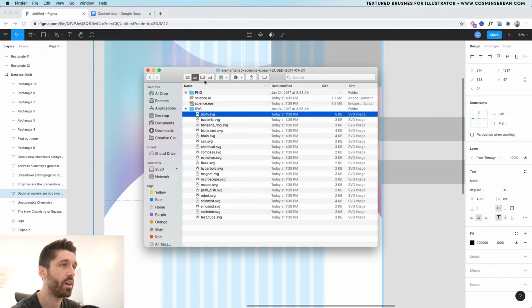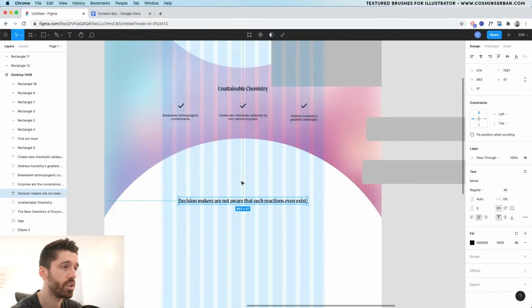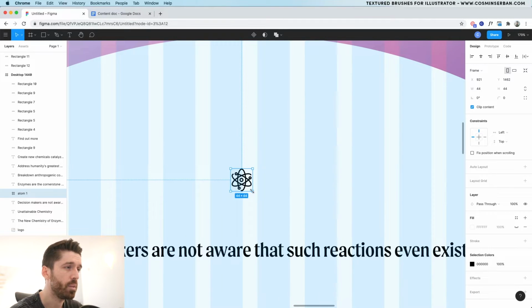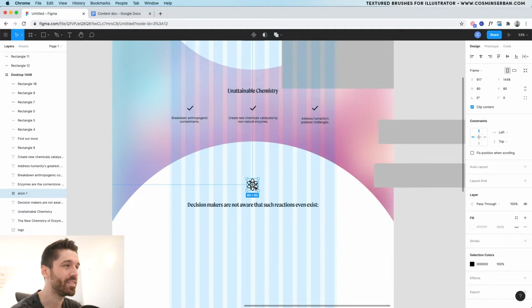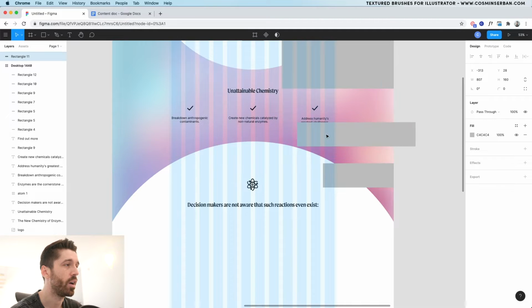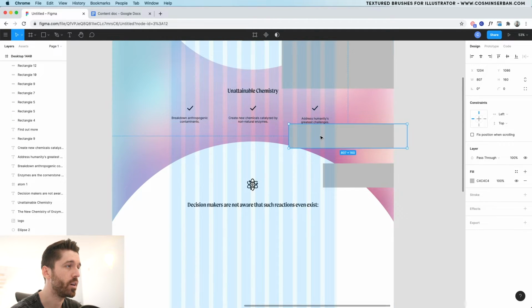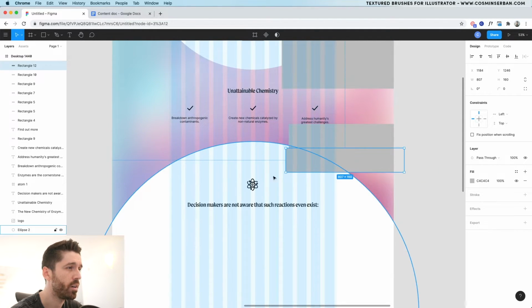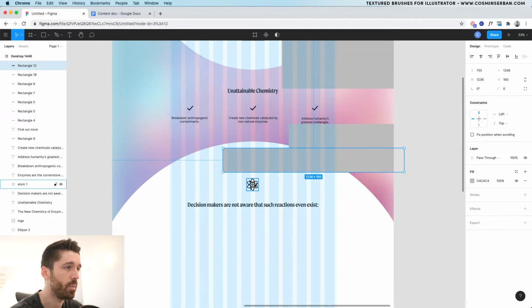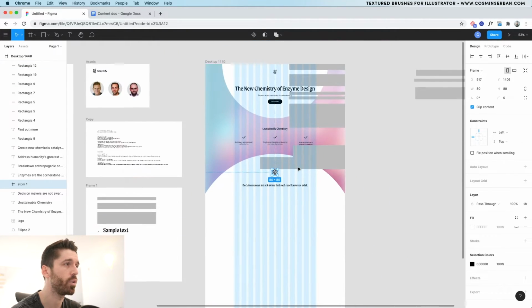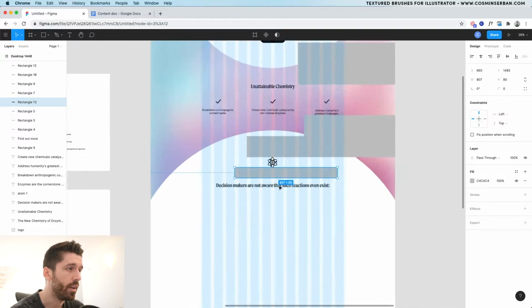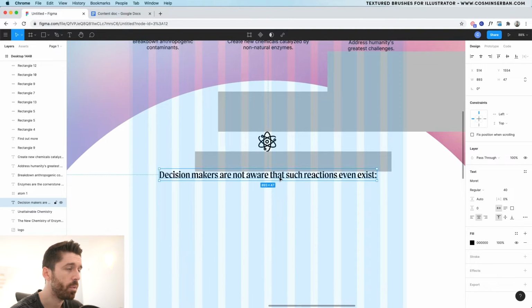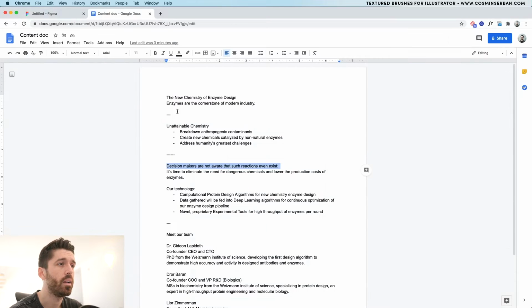Honestly, the first one with the atom looks pretty good. I'm going to just drag it inside. Let's make it a bit bigger, maybe somewhere around 80 pixels. Again, I'm using multipliers so far. Okay, so this is the first element. So then if I'm going to have 160 from here and then 160 from here, then this is actually the first element that's going to be visible. Then I'm going to place 80 in between, an 80 guideline, move this up a bit, and then I'm going to have copy. Let's see, this is the headline.